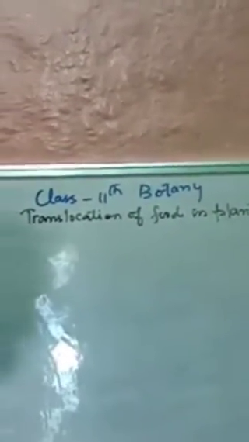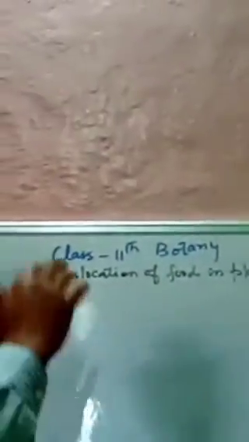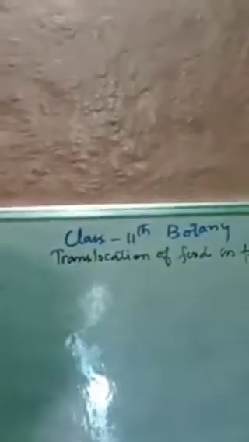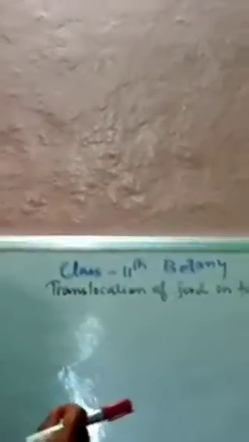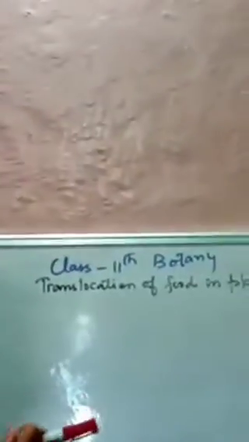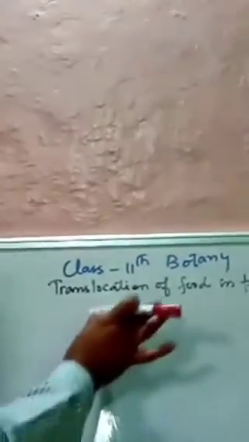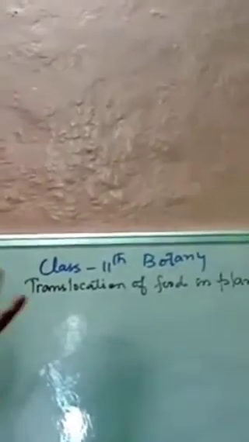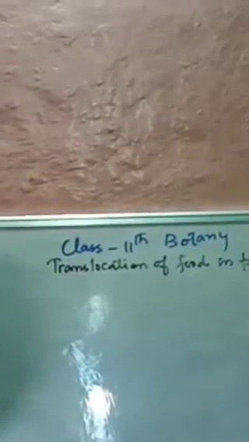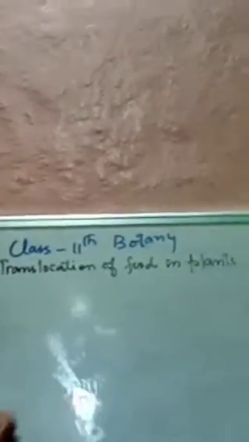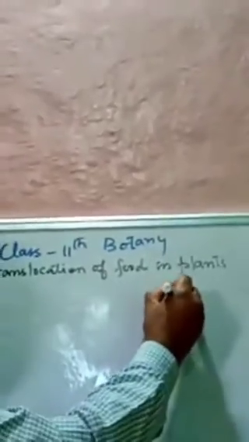which is being manufactured in the plants is translocated to various parts of the plant, and what is its direction. We know that the movement of water or the movement of minerals is unidirectional, and what happens in the case of this food, what is its direction like? We know that the food is being translocated by means of the cells, by means of the phloem tissue,